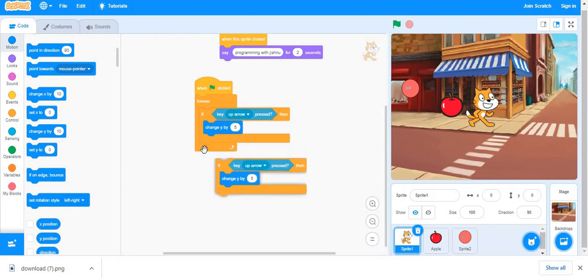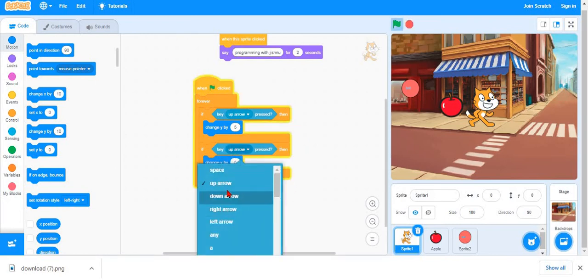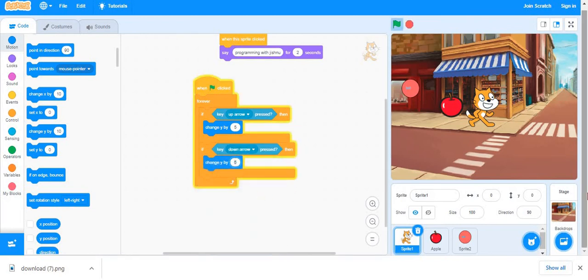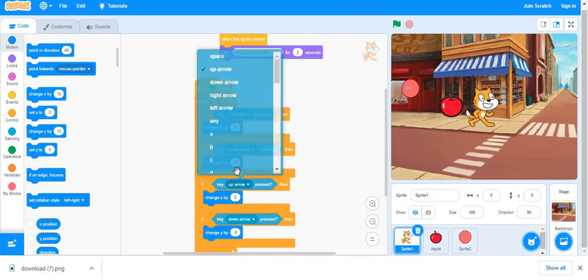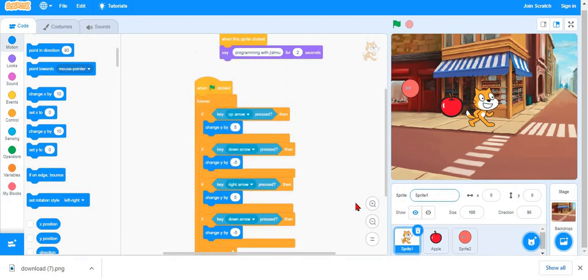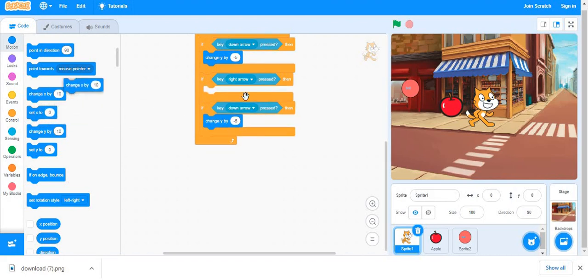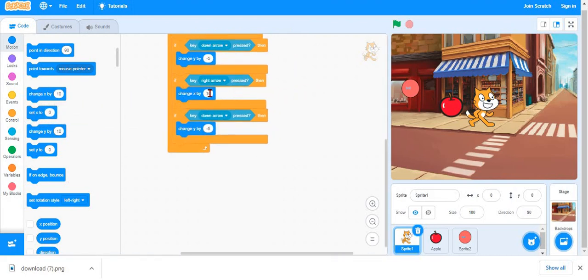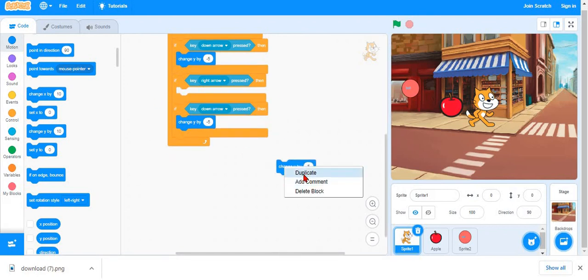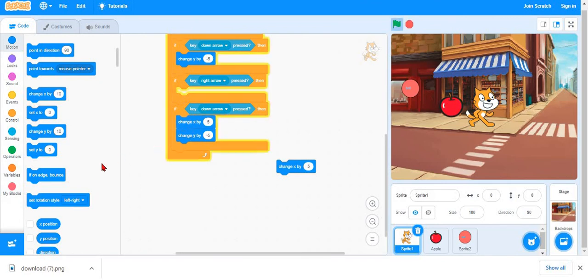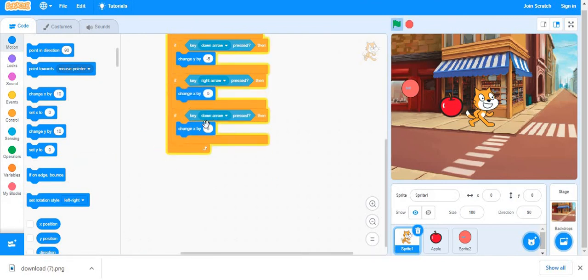Then I'll duplicate this, choose down arrow, and put -5. Then I'll duplicate this again and choose right arrow, then change X, and over here I'll put -5.